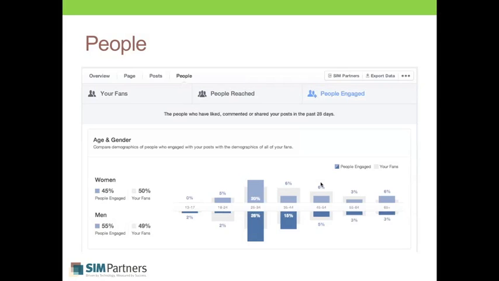And then of course people, finding out who amongst all your fans is viewing the content, clicking on the content, liking the content, sharing the content. Again, understanding that audience, understanding who it is, and when they're doing it too. It goes back to the engagement and finding out when people are engaging, what kind of people are engaging, and then being able to readjust your content based on that. So, again, it's all something that you need to do anytime when you're planning your strategy.